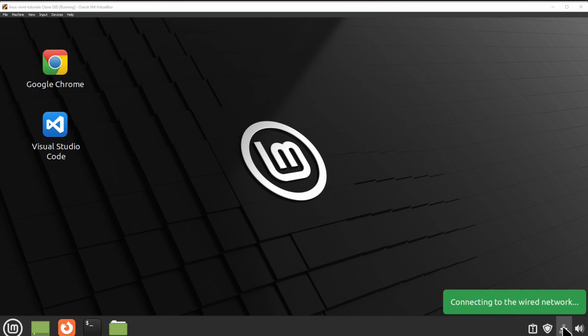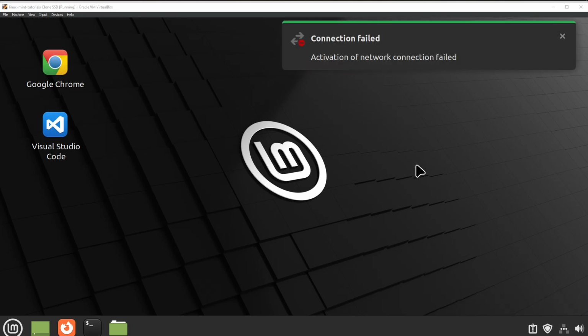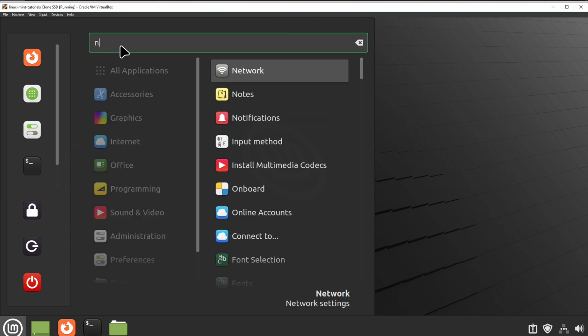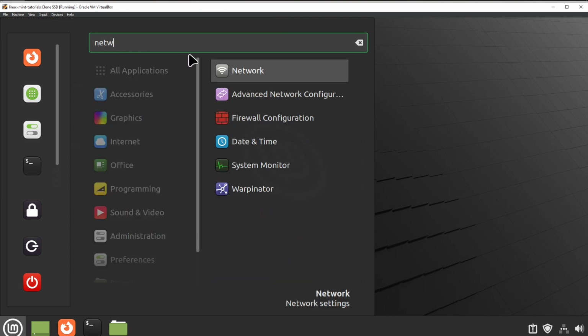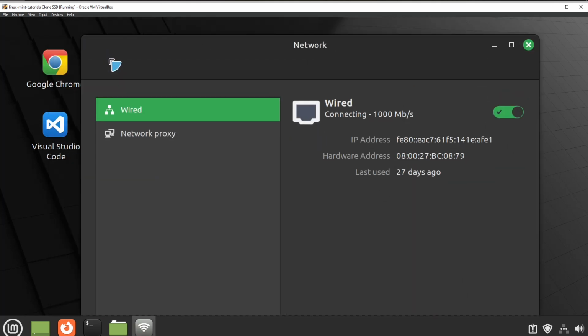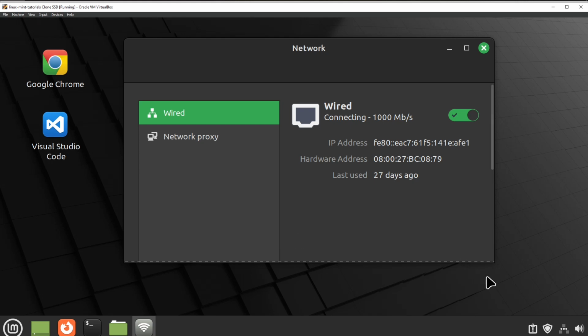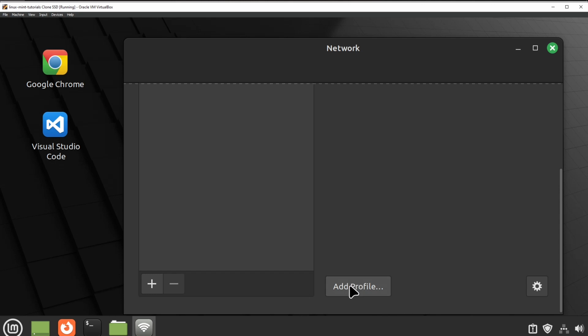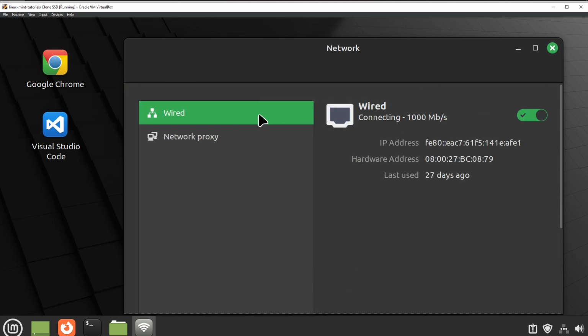First step is to click over the icon with the network connection. If you don't have this icon located on the taskbar, you can search it from the start menu for the word network, and from here you can add new profile or just select the first option.